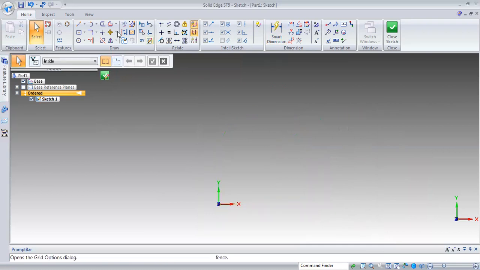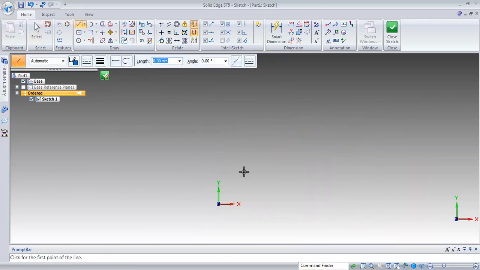Now let's see another kind. Let me create the equilateral triangle. Here I have not taken the dimensions.